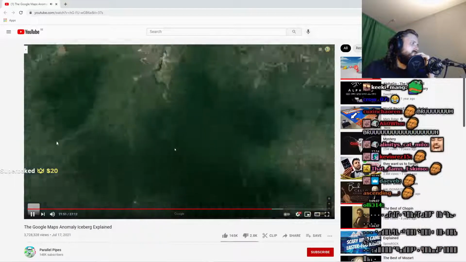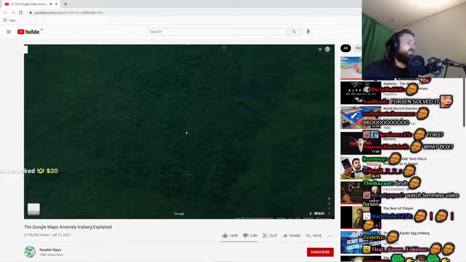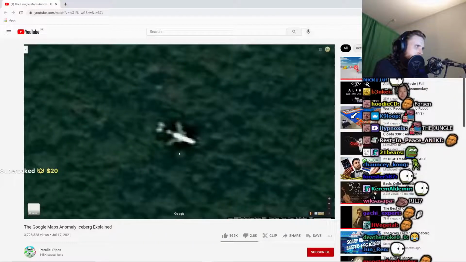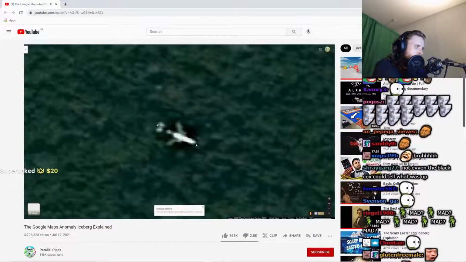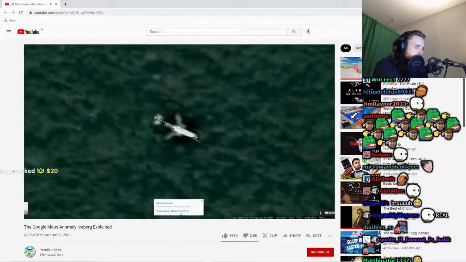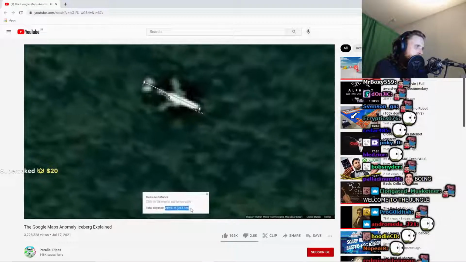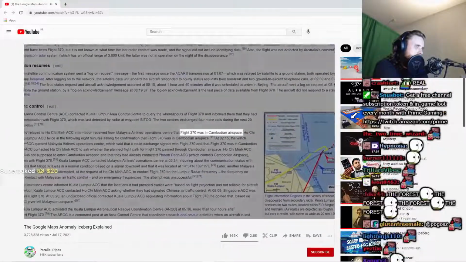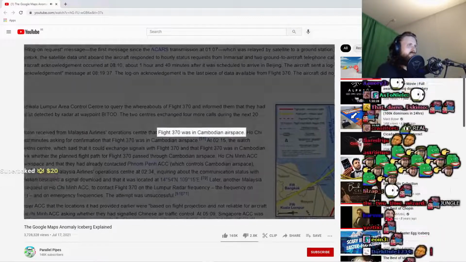An unidentified plane was found in this Cambodian jungle. Some theorize that this could be Malaysian Airlines Flight 370. Malaysian Airlines Flight 370 was a Boeing 777, and this plane that's in this jungle seems to be a very similar length to that of a Boeing 777. Additionally, reports by the Malaysian Transport Ministry show that prior to losing contact with the plane, it was recorded to